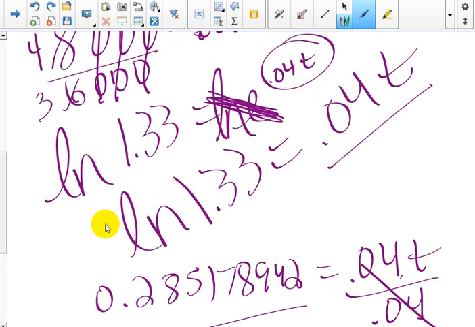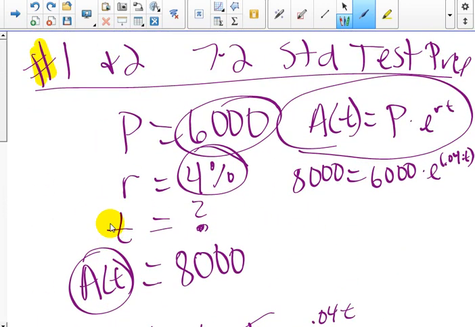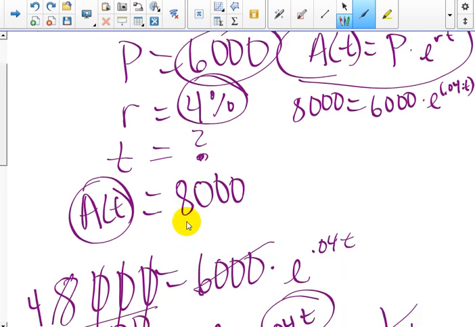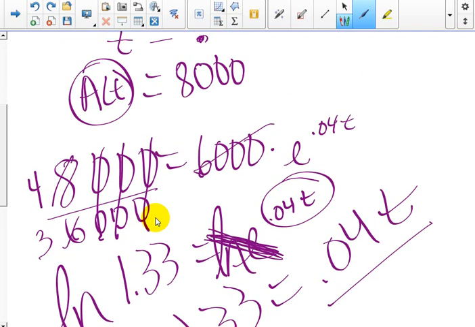So that is the short and easy way. Now the way that we did in the book, at the very beginning of the book, we made a table for the exponents and we just started graphing for t. So when I input 1 for t and you solve this initial equation, before I started simplifying, I guess you could take it, the 4/3 equal e to the 0.04t. You could have done that